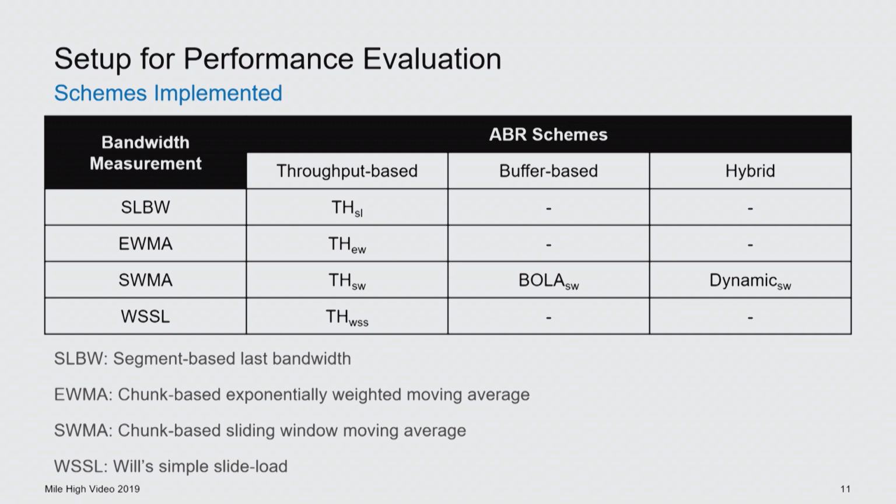And then we have Will's simple side load. This is a method invented by Will Law over here. What he does is he requests an earlier segment that's already available in the edge cache, so that while you are doing a side download, you try to measure the bandwidth over a larger file size. Obviously, this adds up to your network consumption, but if you have enough bandwidth, that's not really a big deal.